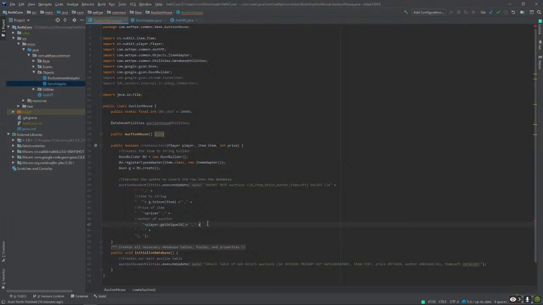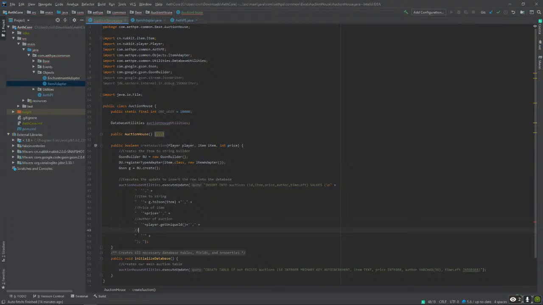And then the time left, I should just put in a week. Time left, this is the 1 week const. And then here, I really don't like the format of SQL sometimes. So this should just be 1 week.